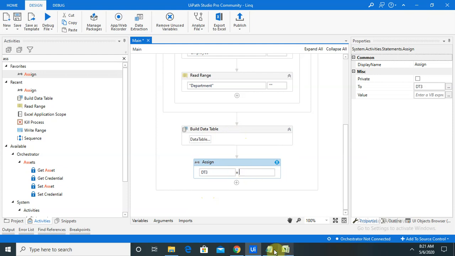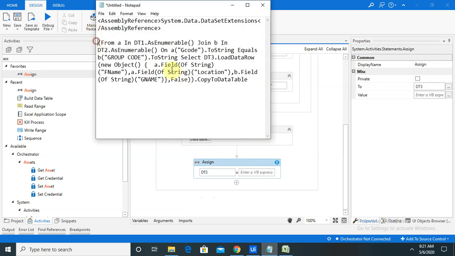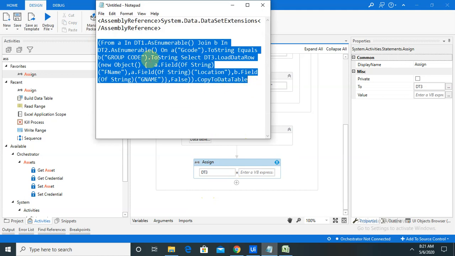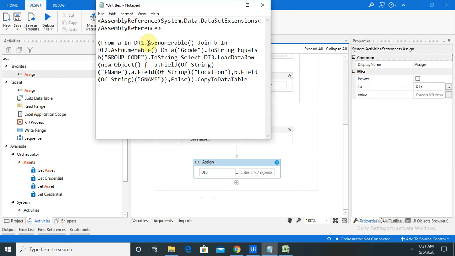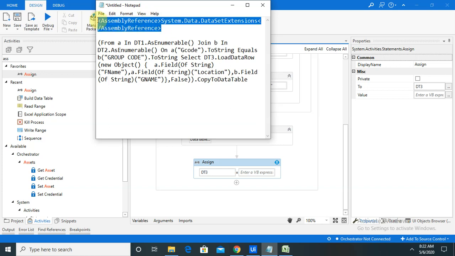In the next column, I have already created link data. I will explain it. As you can see, if we want the data from data table 1 AsEnumerable, we have already created our data table type as System.Data.DataTable. So we have to convert it to AsEnumerable. When you are converting, it may not support your requirement. If it is not supporting your requirement, open your assembly file and simply add this assembly to your main